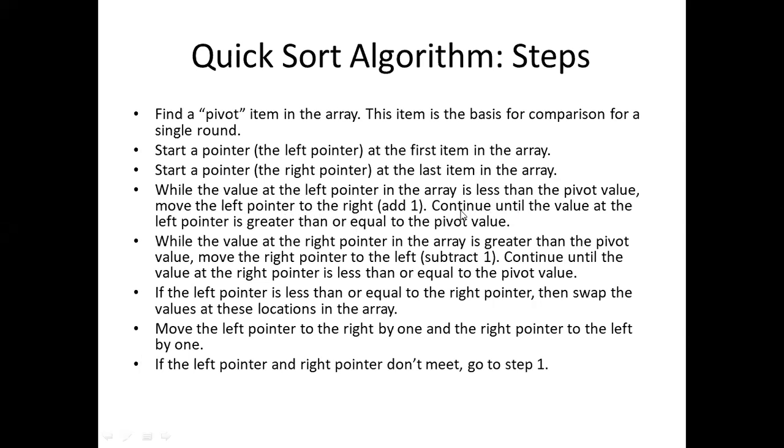Continue until the value at the left pointer is greater than or equal to the pivot value. While the value at the right pointer in the array is greater than the pivot,